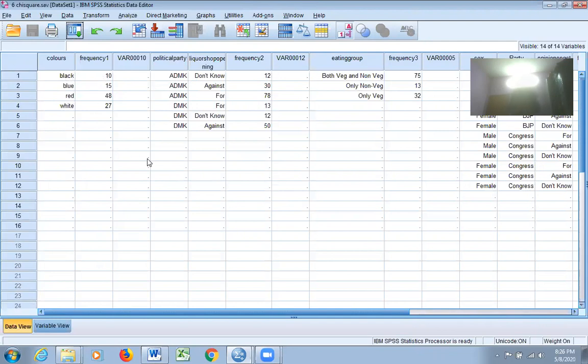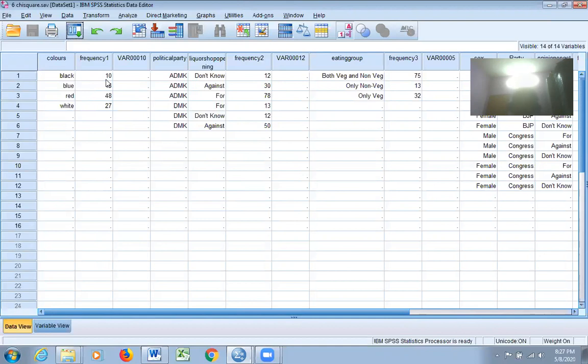This is another way of entering data. But in all the previous cases, we had data individually and we did the analysis. Here you can see the data is in frequency counts. When the data is in frequency count, before we go to analyze the data, the one thing you need to do without forgetting is a procedure called weight cases. That means you should tell the system that 10 means there are 10 respondents. It should not be taken as the number 10. It should be taken as 10 cases, 10 respondents.